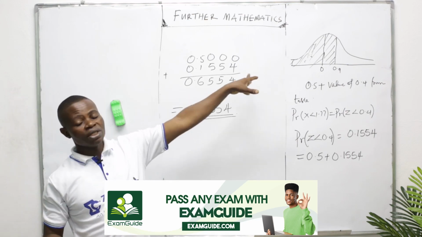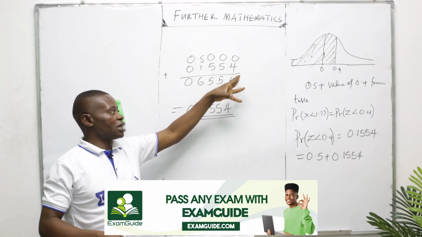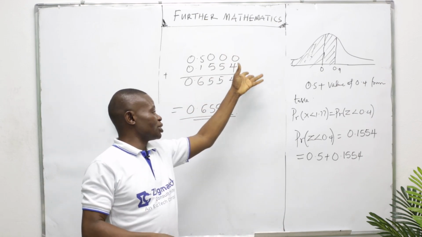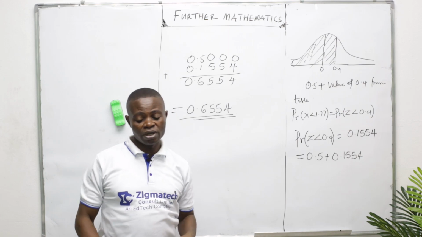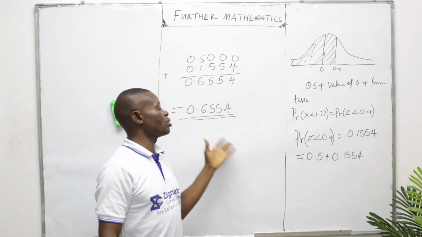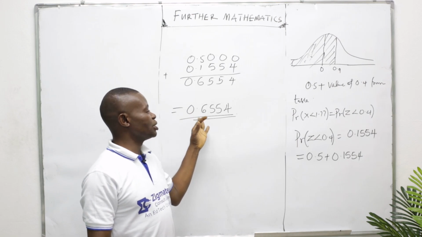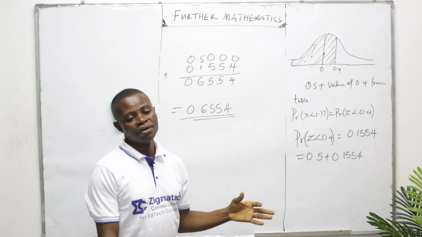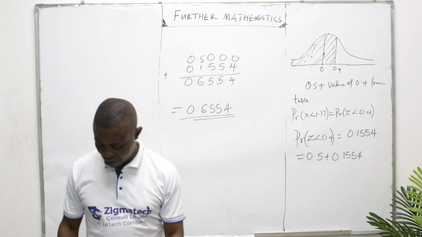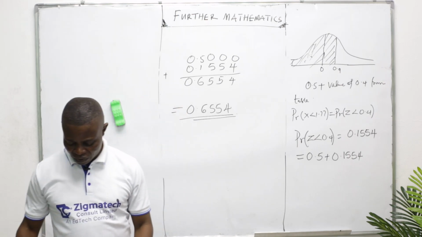Like I told you, this is still probability, just that it's a special name, normal distribution. And if you can remember what I told you about probability, your answer cannot be greater than 1. So what are you saying? 0.6554, not greater than 1. So it's correct. So the next one,